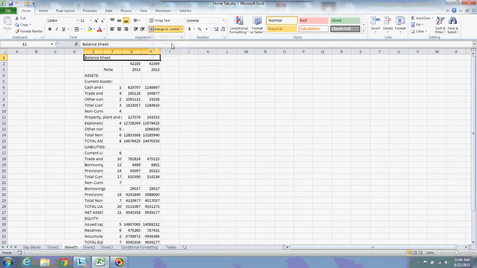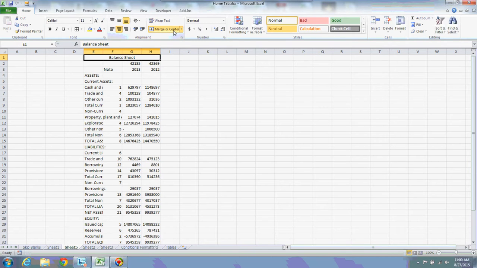This is merge across. It will merge this. It has already been merged. If you select this one, you will be able to understand. See, it is merged, but it is left aligned. Earlier, when I did merge and center, it was exactly centered.